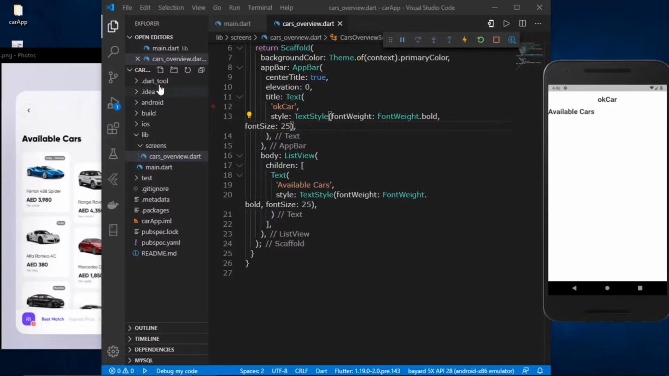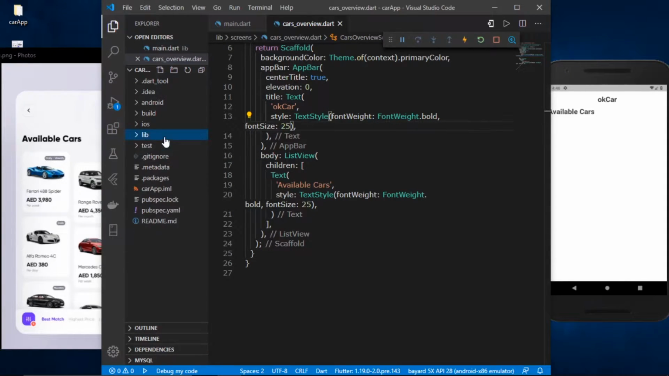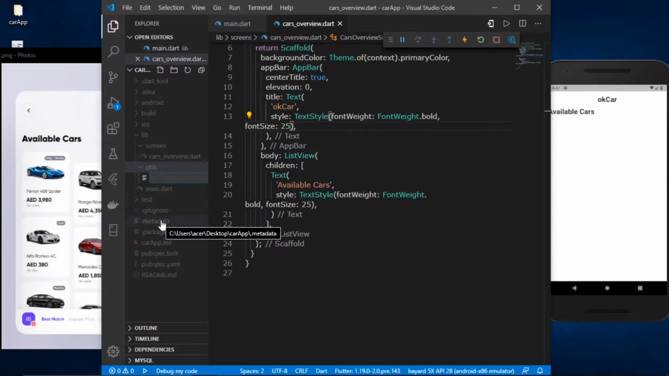But since we'll be using many kinds of text styles, as you can see, we are going to have the title of that particular car in our detail page, and also over here we're going to have the pricing and all. So I'm going to create a new folder over here, and I'm going to name it utils. It is basically going to contain the utilities. So inside this folder I'm going to create a new file, and let's call it